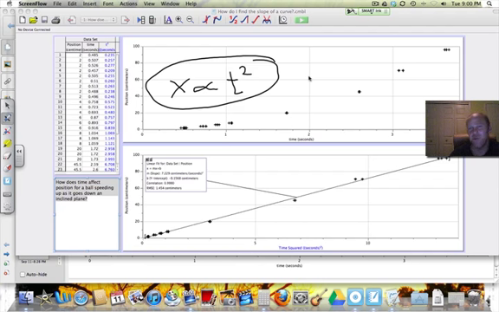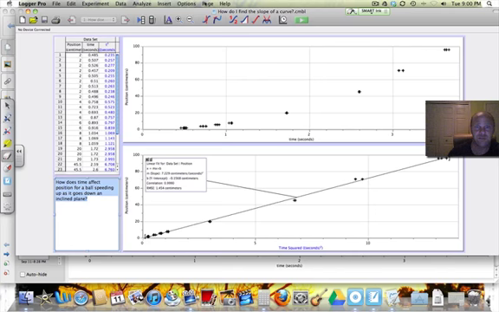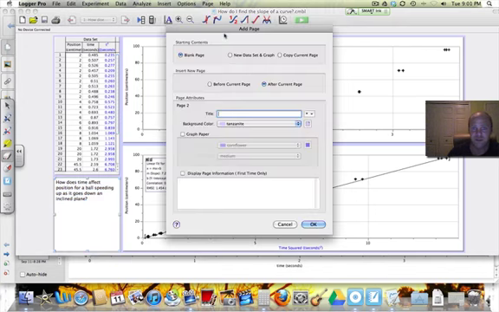But it sure would be nice to know something about how the velocity is changing as the ball rolls down the inclined plane. Well, we can actually do this with the data we have. So I'm going to insert a new page, go to Page, Add Page, and I'll call this page How Does Time Affect Velocity